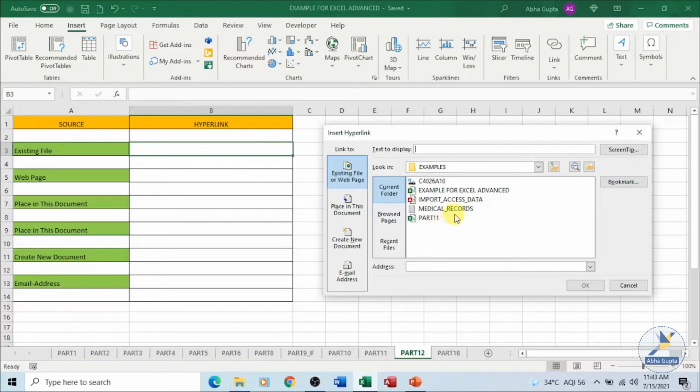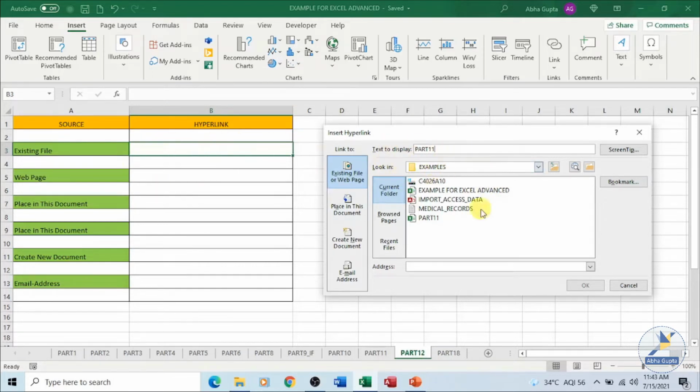You can link to any kind of file, and that file will be opened for you. So I want to display my Part 11 file, the earlier file where we were working. This is the text which I want to appear on this cell.